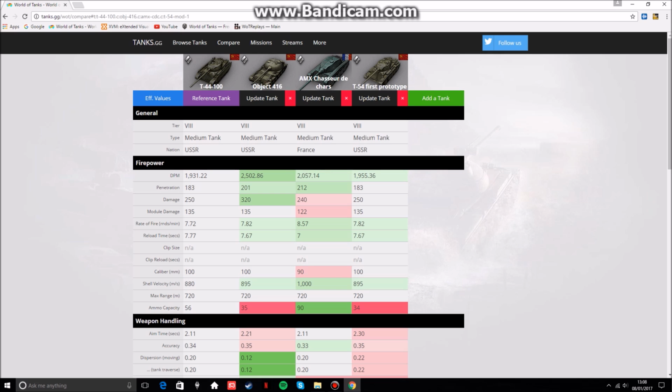Now, T44-100, before I start, quick disclaimer: no crew skills, no equipment, no consumables, as always. T44-100 has the worst DPM. Not by much, but it's still a lot worse than the CDC and obviously than the medium tank destroyer, heavy tank, light tank 416. It's a very good tank this, but it's more of a tank destroyer than medium. Anyway, I digress. The penetration,